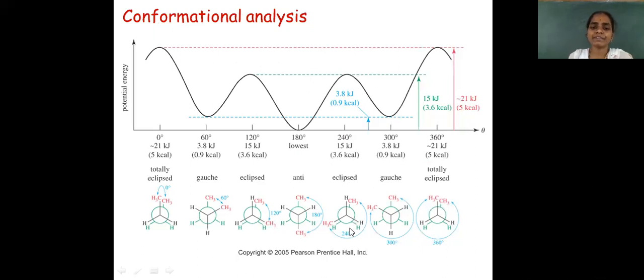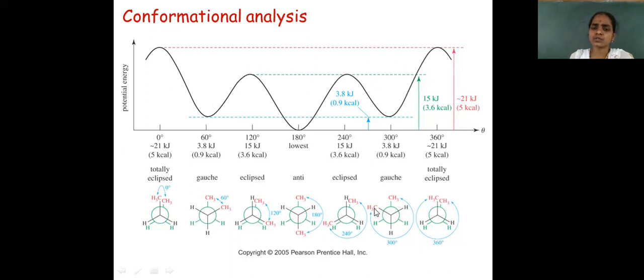And again, in order to get an identical structure, there is a rotation of 60 degrees, where the methyl group comes here. Again it starts a 60 degrees rotation. On the first carbon, I am not changing any position or displacement of the groups, only the second carbon groups.